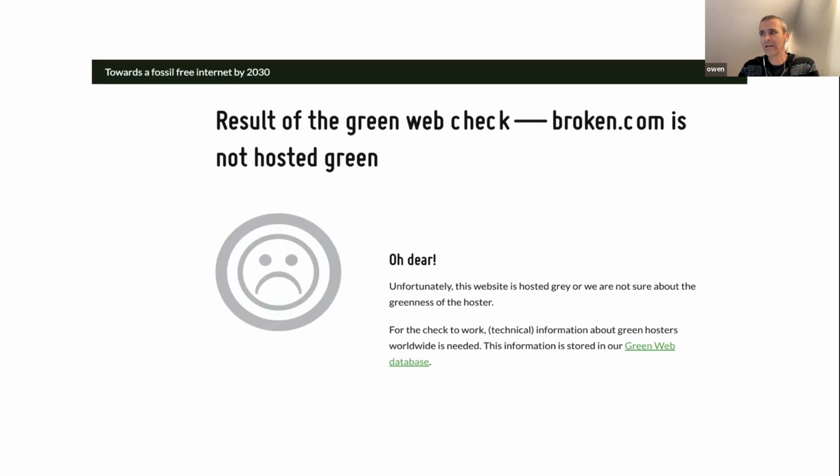That could mean either that the data center that you're running in is not green, in which case you might want to consider moving to an alternate data center if that is feasible. Or it's also possible that your data center may in fact be green, but the providers haven't registered themselves with the Green Web Foundation. If you have sway, then perhaps you can try and influence them to register. But this is a useful tool, and this tool forms the foundation of a number of other services that I'll be talking about later.